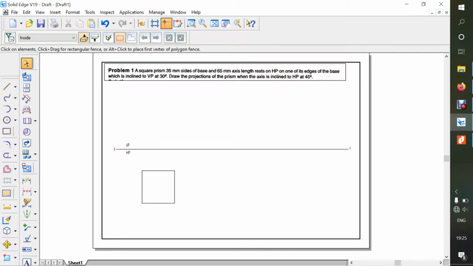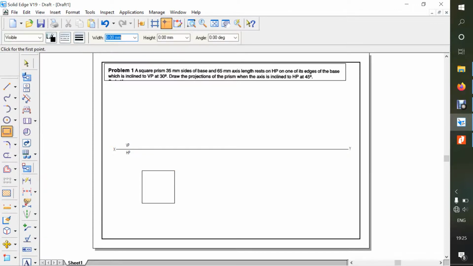Okay, so you just check it out. Once you select this one, it should be of 0.5. So this is the square which is resting on the side. If in any problem they say it is resting on the corner condition, go to the same rectangle, enter 35, enter 35, enter.